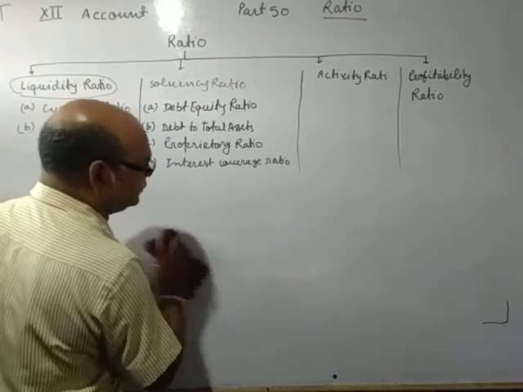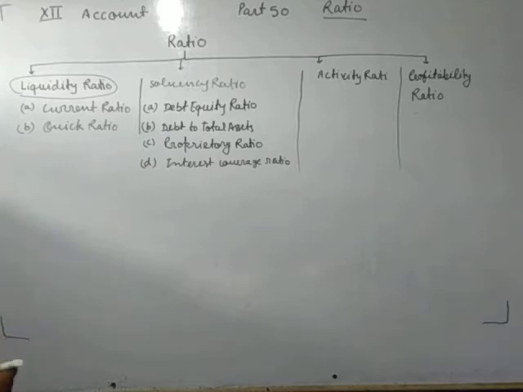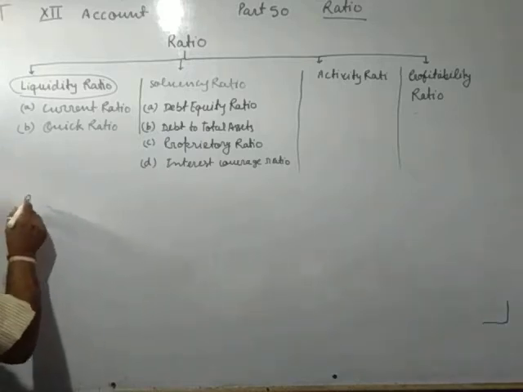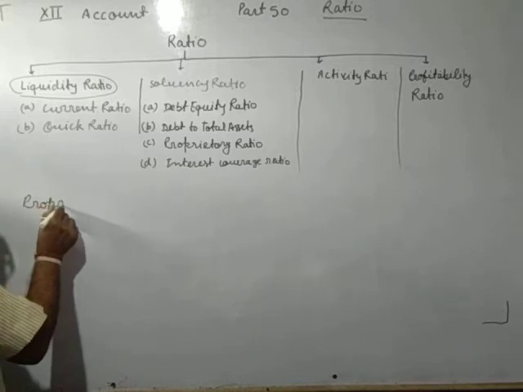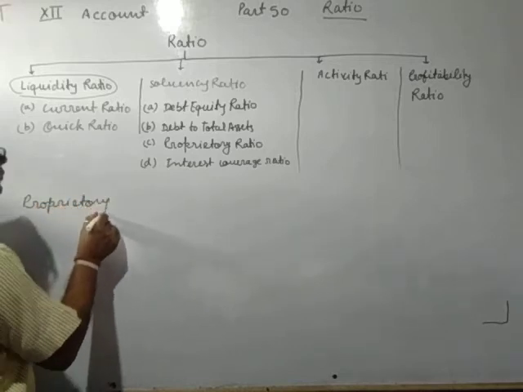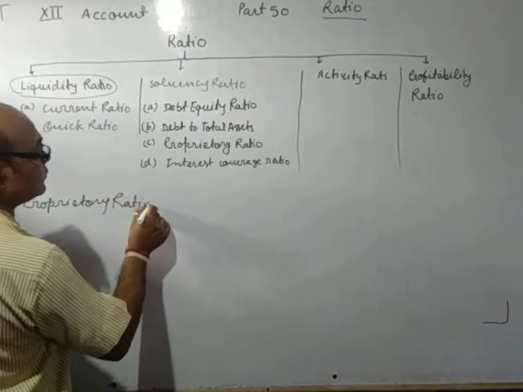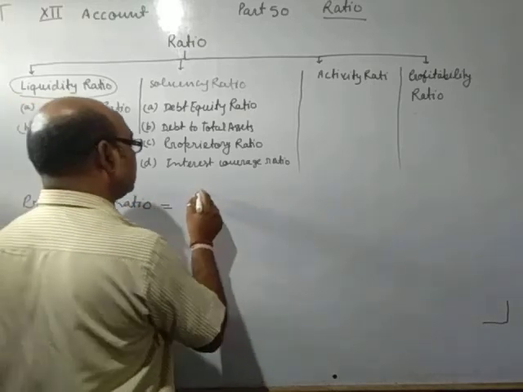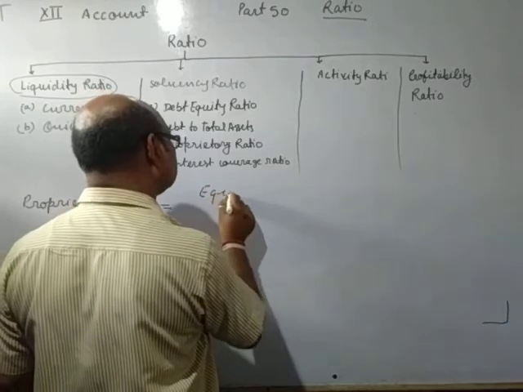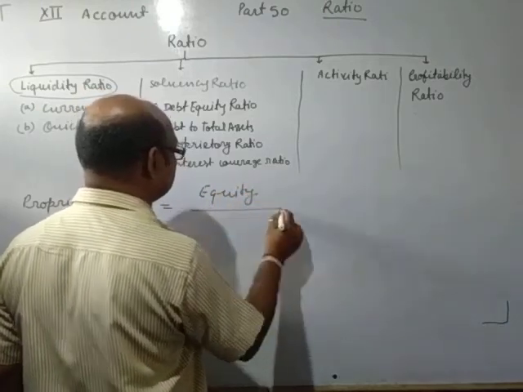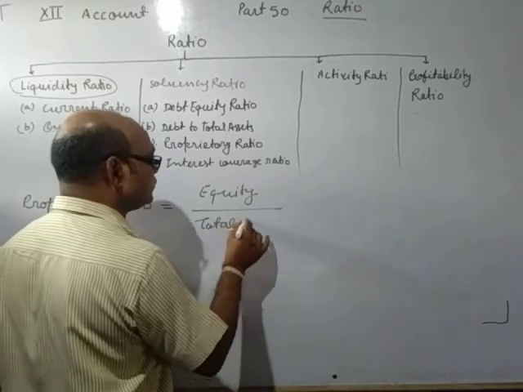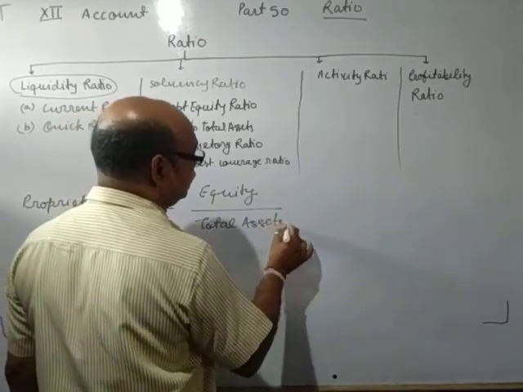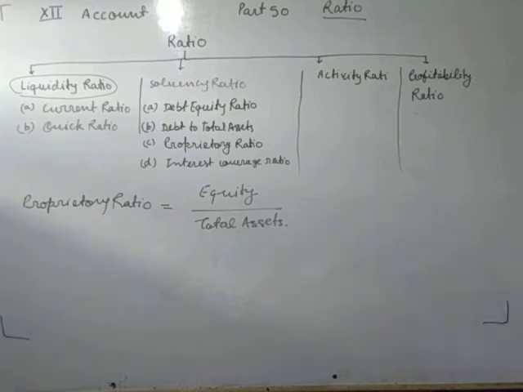So the formula of proprietary ratio is equity upon total assets. Equity means shareholder fund. Total assets, you know, is the total of the balance sheet asset side. And the next one is the